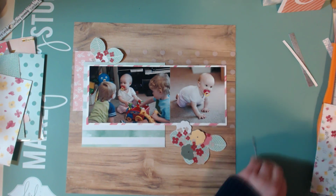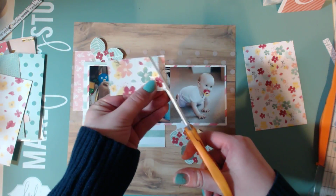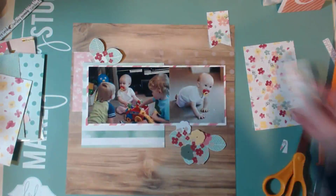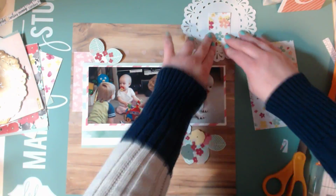So here's where I decide, okay, maybe I will do a little cluster up there in the top right hand corner, and I can make this floral paper into a banner. And then that's where I could put my date. I could put it up there in that corner. I also have these Maggie Holmes open book doilies. So I'm going to pull out this white one and I'm going to place it up there in that corner